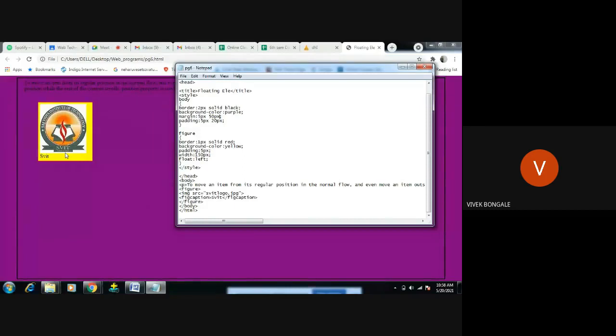So what I will do, I want to copy this image and paste over here. Same image I want to show multiple times. To show multiple times here, I will just copy this part, copy this.